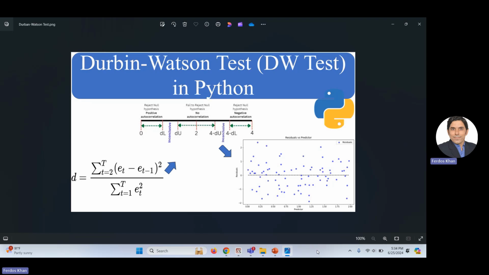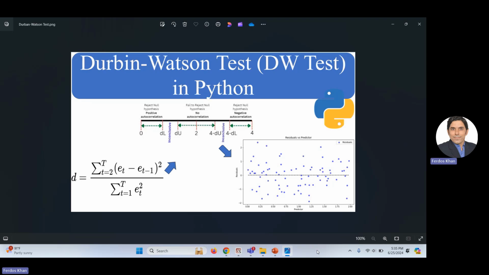And there is another assumption. That one is about normality, that the data is normally distributed. And there is another assumption that the data should be independently distributed. So when you perform your regression analysis, you need to check whether the residuals of the regression are independently distributed or not. Maybe there are other tests which you can use, but we will use the Durbin-Watson test, which